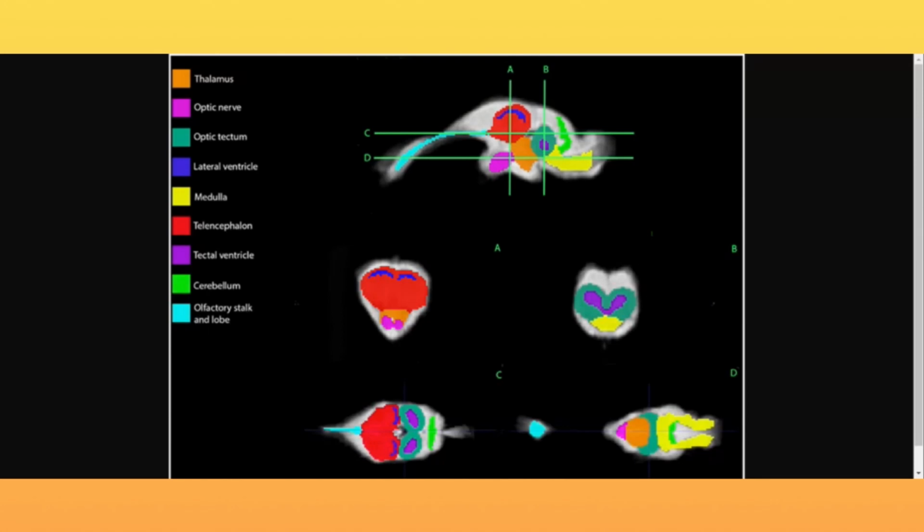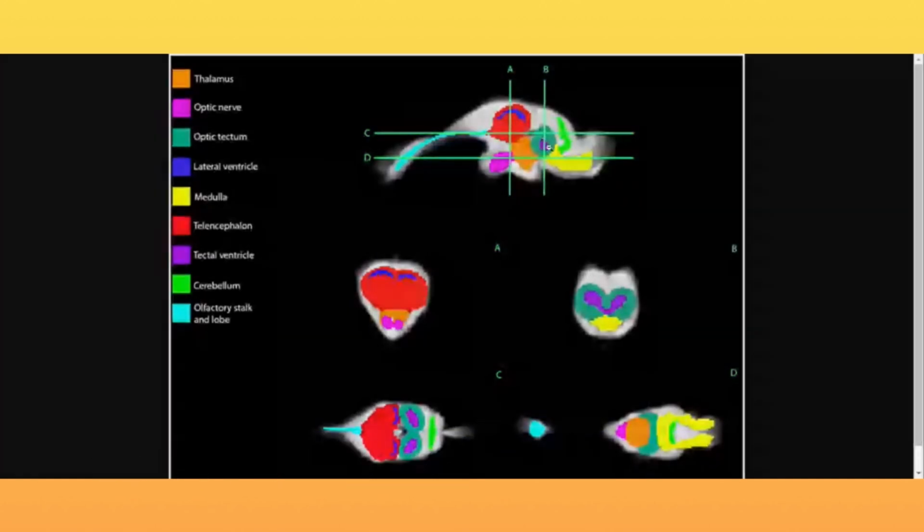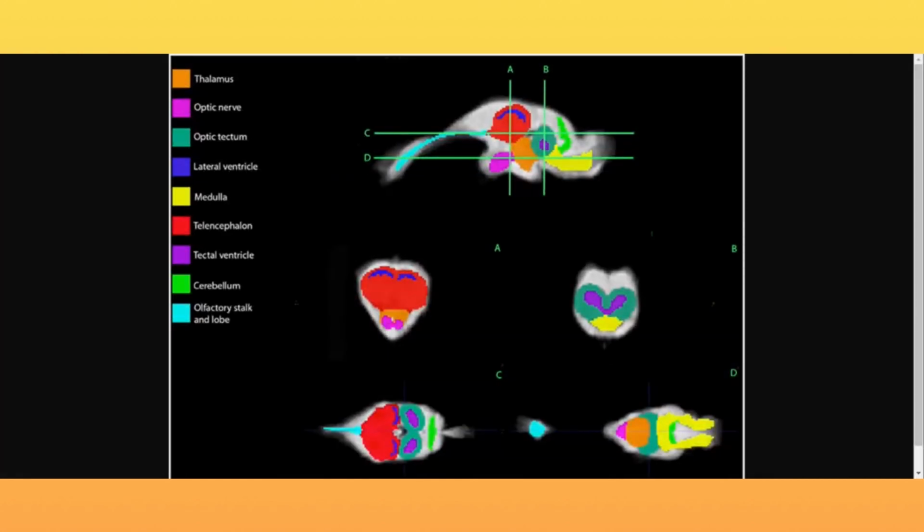Okay, so let's go to the next. The ventricle, the purple right here inside the optic tectum. This is one of those that I'm a little confused about on what exactly it is. I'm just going to tell you right now, there's a few things in it. I've seen talk that maybe this is not necessarily a human thing, but don't quote me on that right now. We'll see if we can get a neuroscientist on here to explain this part of it better to us. But this neon green right here, like a snake-looking thing, actually,